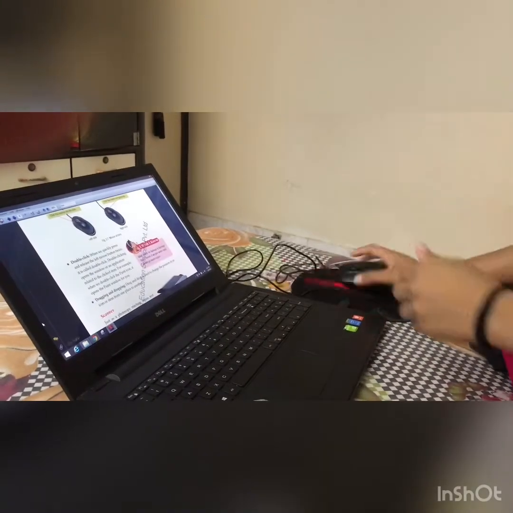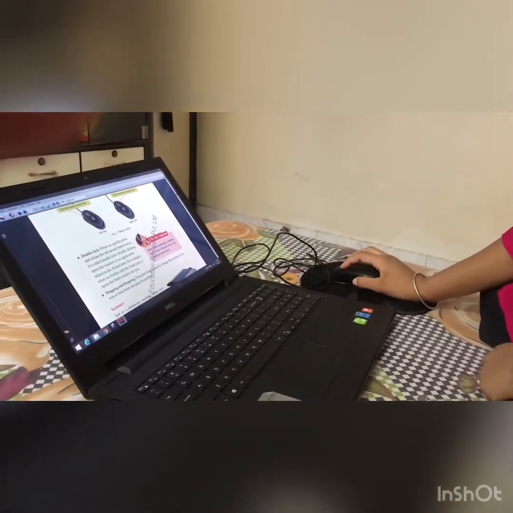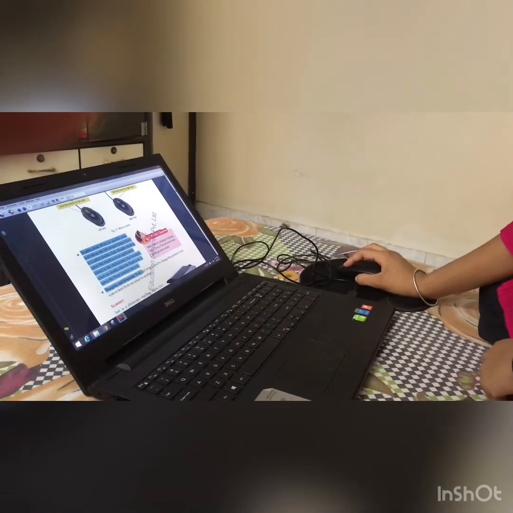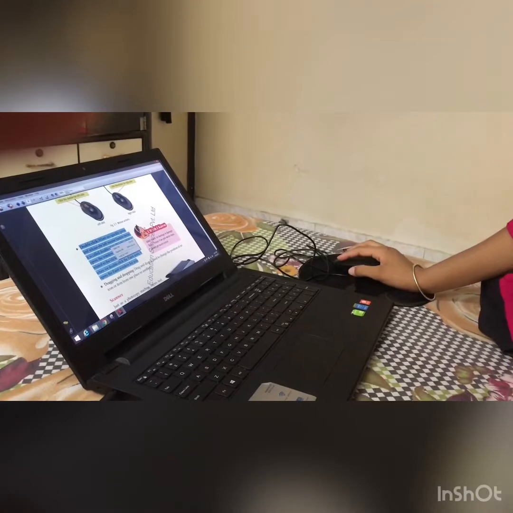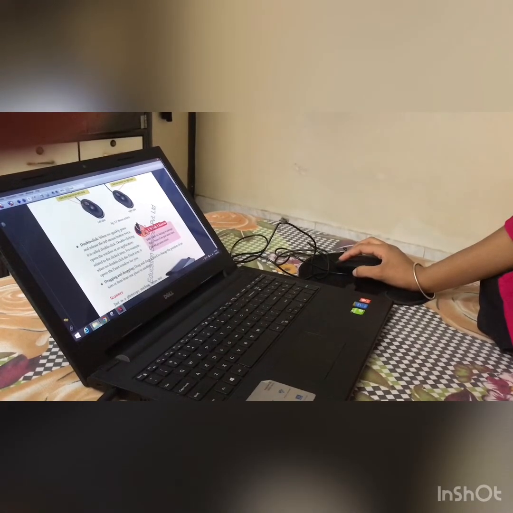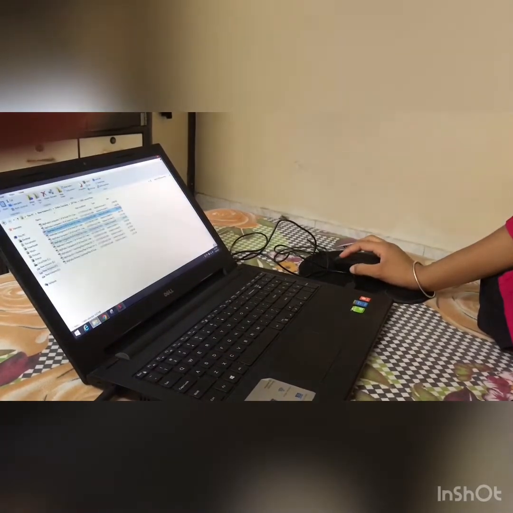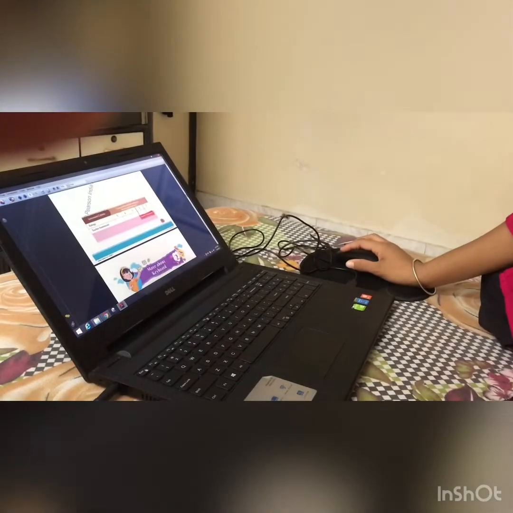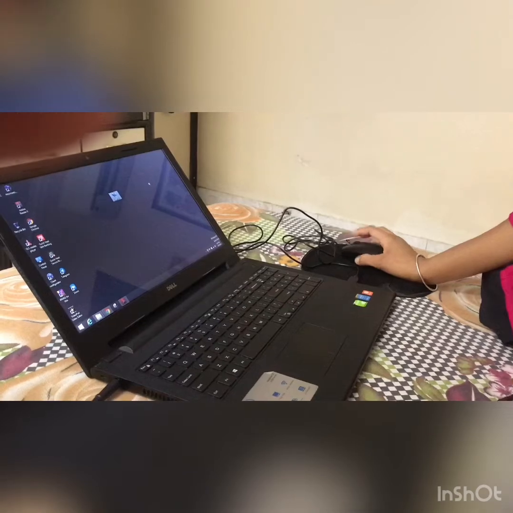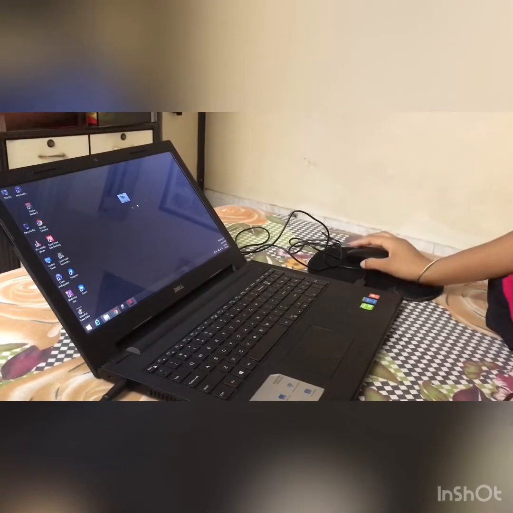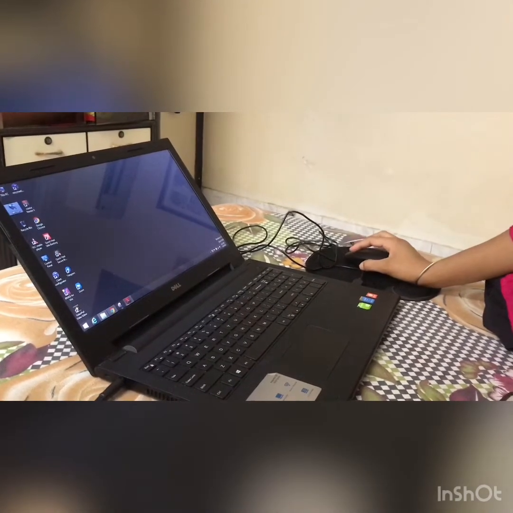When we click on the left button, it selects the file. When I click right, it opens the options. And when I click and drag the mouse, it drags our file like this. Now I can drag and drop. So this is the introduction of mouse.